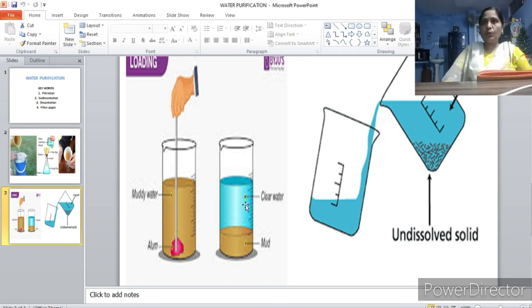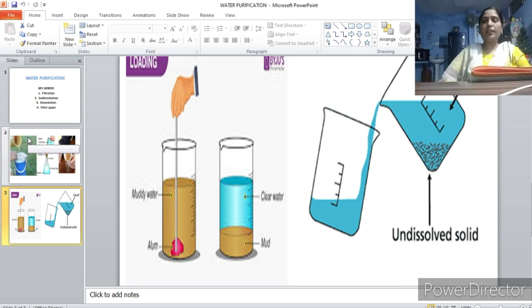So you need to identify which process we are using to clean the water. And neat diagrams are also given, one about sedimentation and one about decantation. The question in the worksheet says, use the example above to draw a diagram to show the sedimentation process. Some place is allotted for you. In the given place, draw the diagram of only the sedimentation process. That means if you draw this one, it's enough.